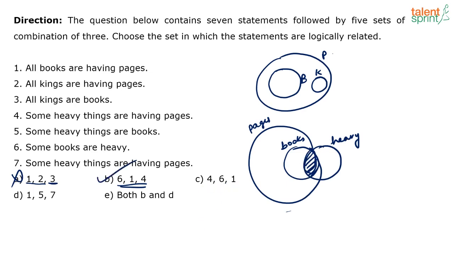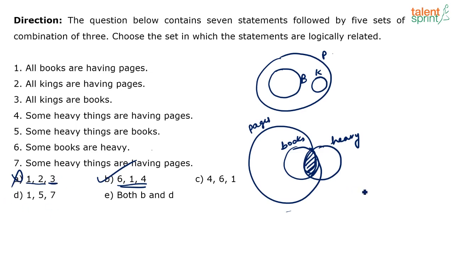Then next one, 4, 6, 1. Don't stop here, because there is an option with both B and D. That's why I am checking all the other statements also. You didn't check C because you have got B true, so your answer is either only B or B and D. So the next one, logically, you will have to check 1, 5 and 7.